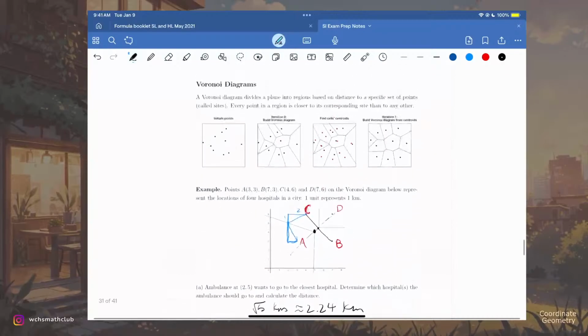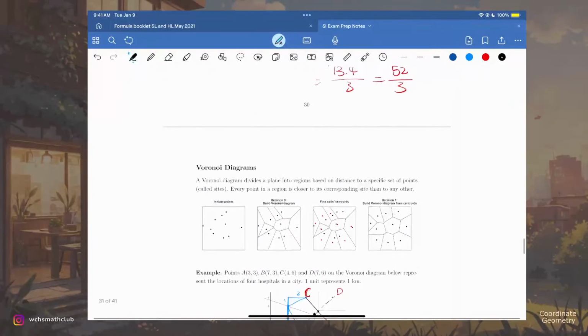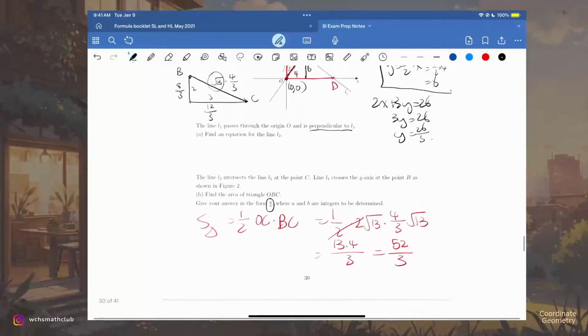Apparently that's it for this part. I do have a cool application of this I want to present, but I'm not sure if we have time, so